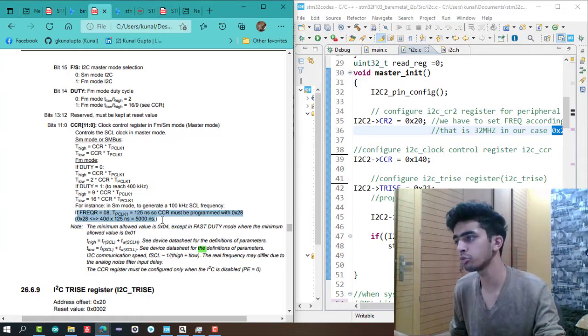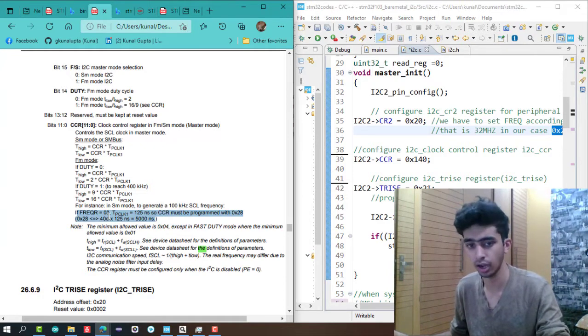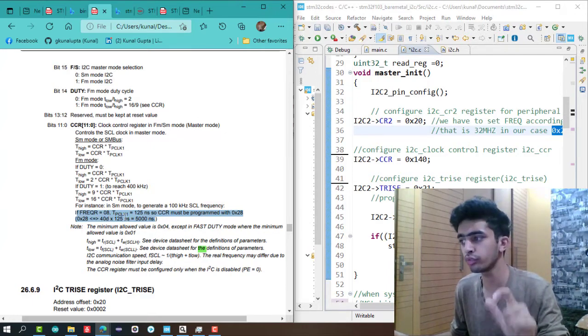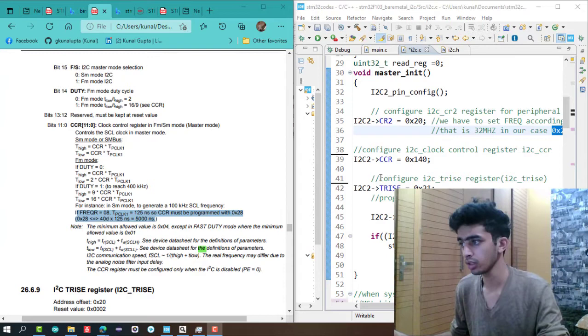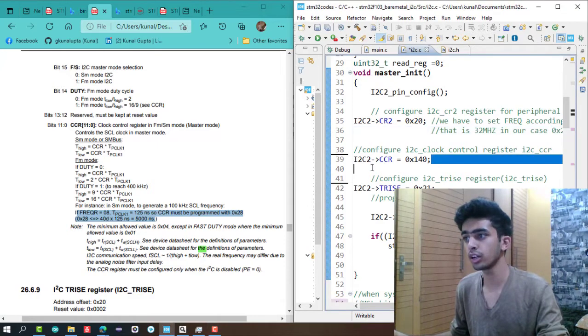We have configured our FREQ as 0x20, and by using this formula you will get that our I2C CCR is 0x140, which will generate the clock frequency at 50 kilohertz.